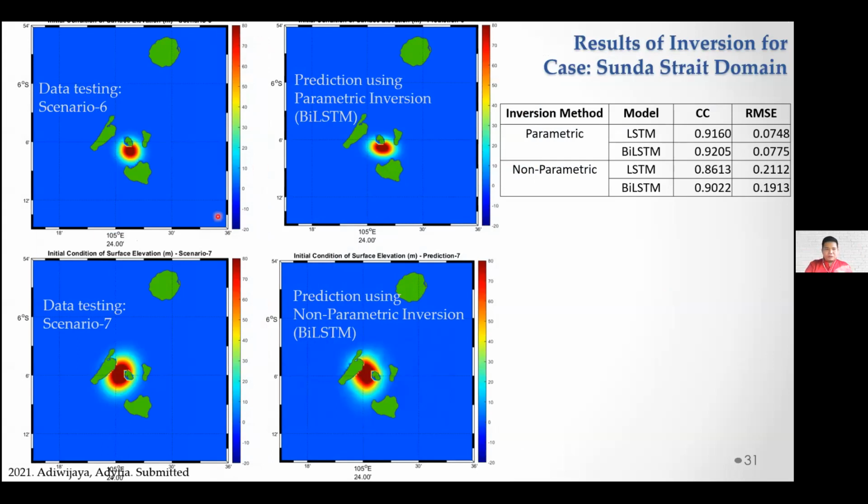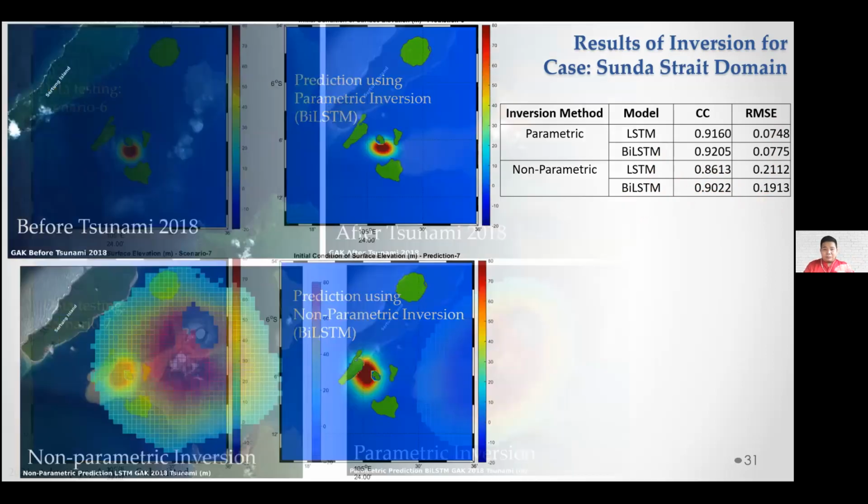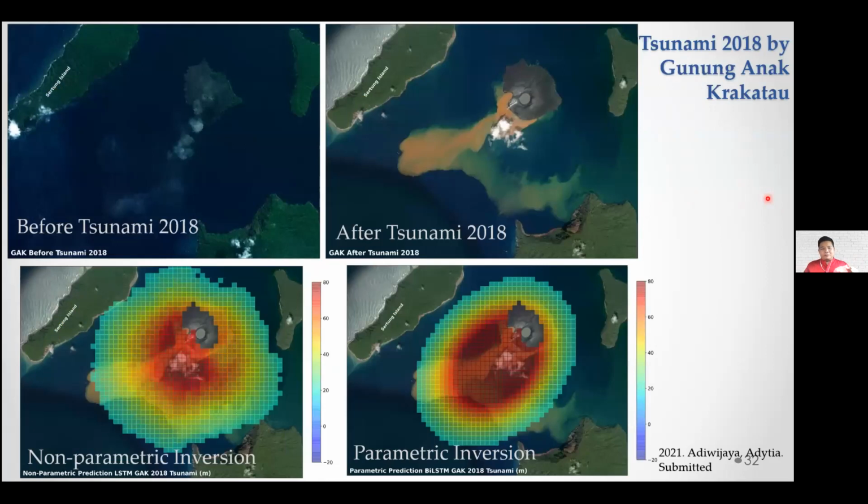Then we use two models here, actually LSTM and bidirectional LSTM. The most accurate one, we got a correlation of approximately 0.9 with the RMSE or error approximately like 19 centimeters. Okay, this is the error that we got up to now, and then we apply it with the real